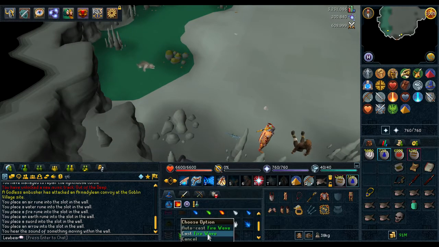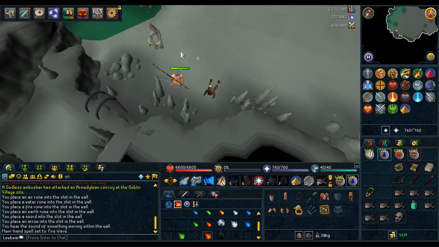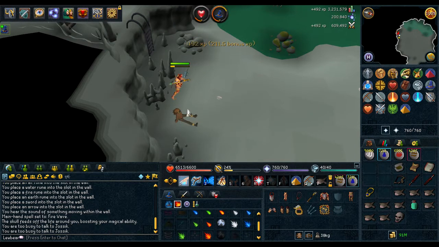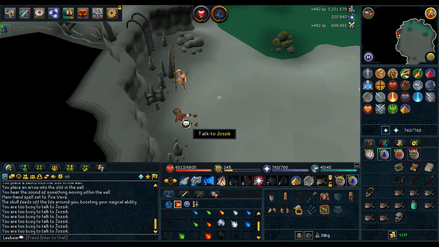This is where you have to prepare for a boss fight, guys. So if you have any potions, use them now and just kill this boss really quick. It doesn't require any tactics, so just really quickly take the Dagonoth down. And now that you've killed that Dagonoth, you will speak to Josic again. He will explain to you that there is a even bigger threat to us, which will spawn straight after the